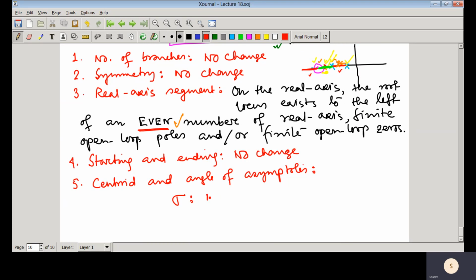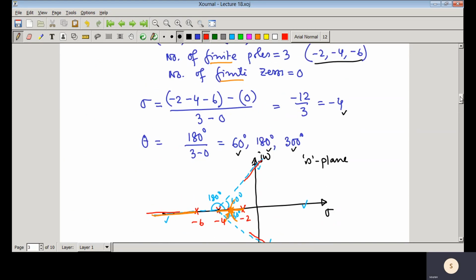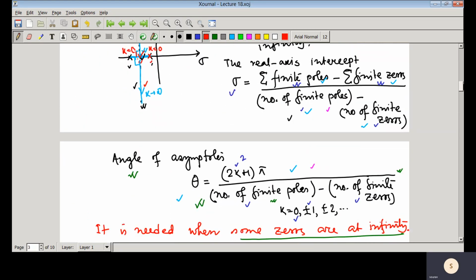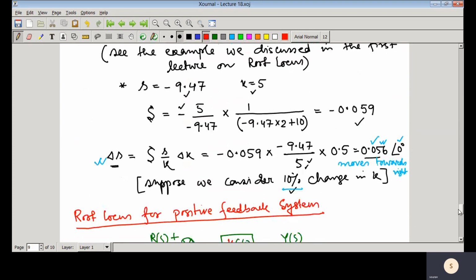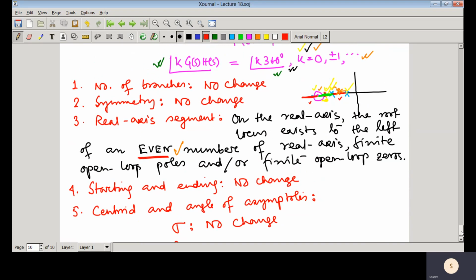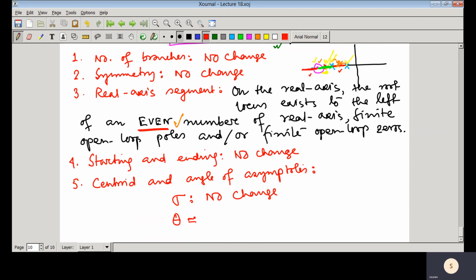So for finding centroid, no change. The formula remains same. But what would be that theta? As you can see, in case of negative feedback, whenever we calculated centroid, that angle of asymptotes was 2k plus 1 pi. And obviously here that angle would not be 2k plus 1 pi. So it would be 360 into k. So the angle would be 2 pi k. So in place of 2k plus 1, it would be 2k, because in case of positive feedback that angle condition is changed,